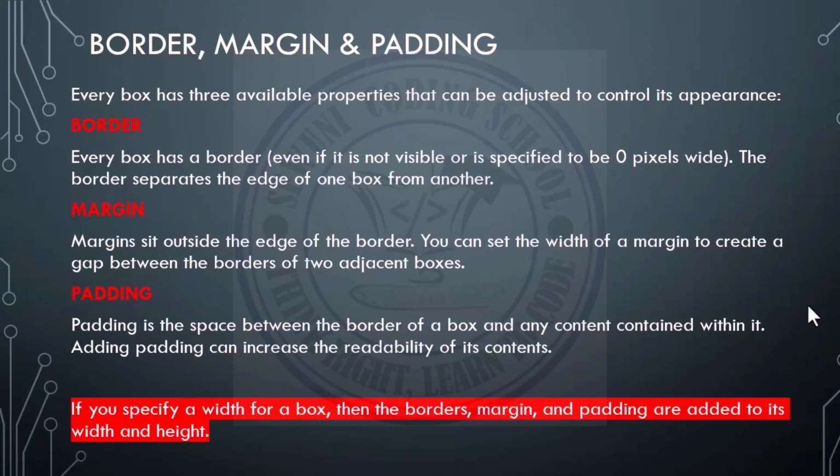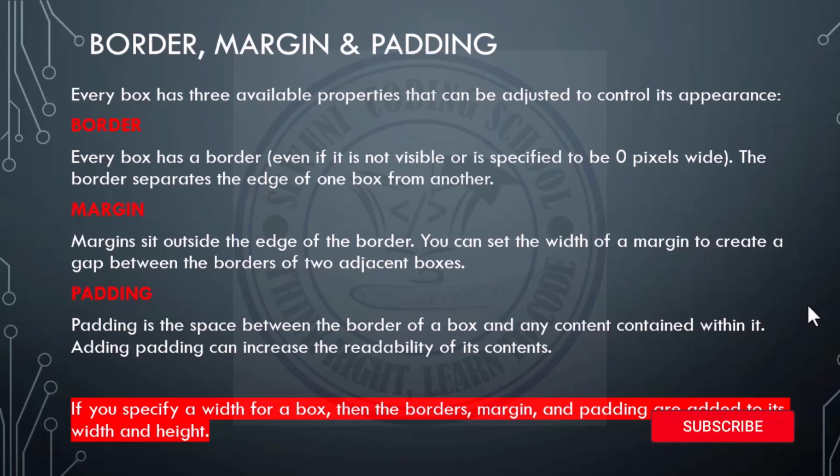Padding can increase the readability of its content because it creates a space between the border of the box and the content within the box. Now when we talk about margin, a margin sits outside the edge of the border, whilst padding is contained within. The margin is what? Outside the border. It's used to set a width of a margin to create a gap